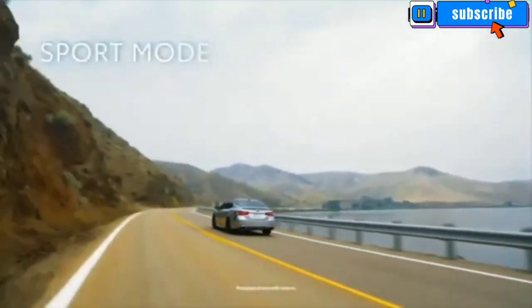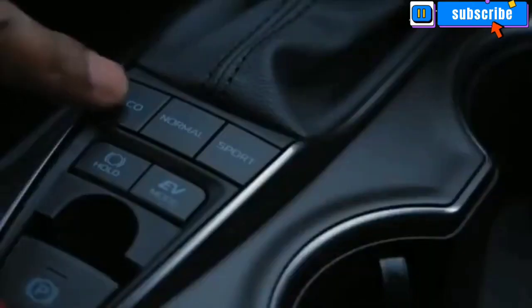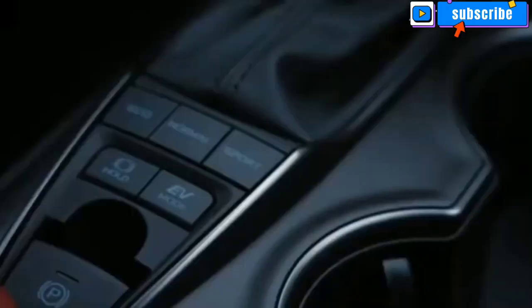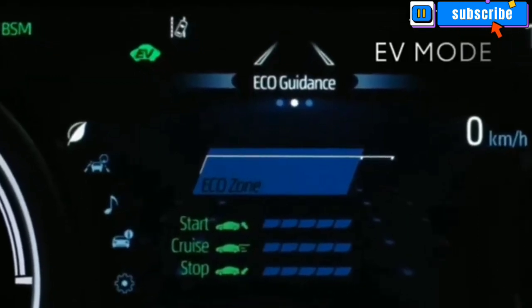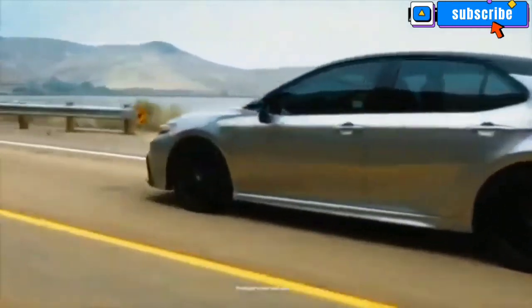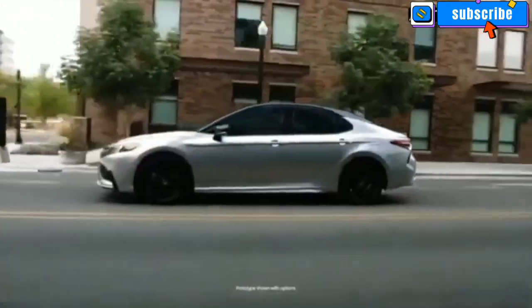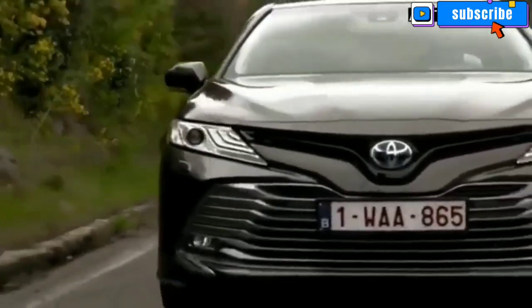The Toyota Camry Hybrid 2023 comes with a 7.0-inch touchscreen, Apple CarPlay, Android Auto, and a 6-speaker audio system as standard equipment. Customers have the option of upgrading to a 9.0-inch touchscreen and a 9-speaker audio setup. There is also a 10-inch head-up display available. According to Toyota, the Camry Hybrid's base variant can score 51/53 miles per gallon city/highway,